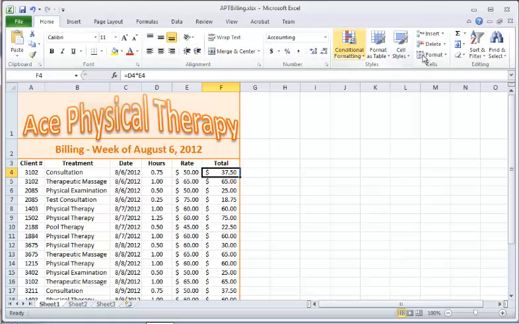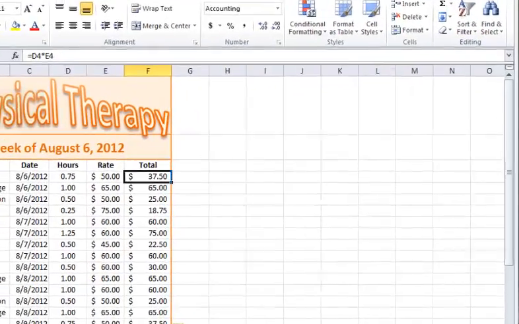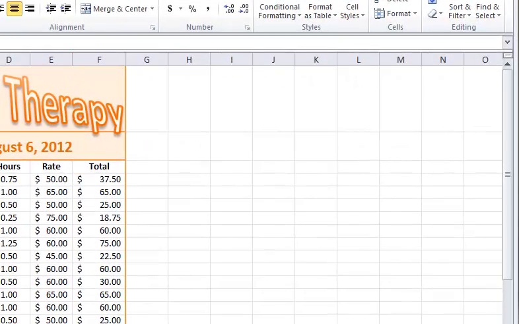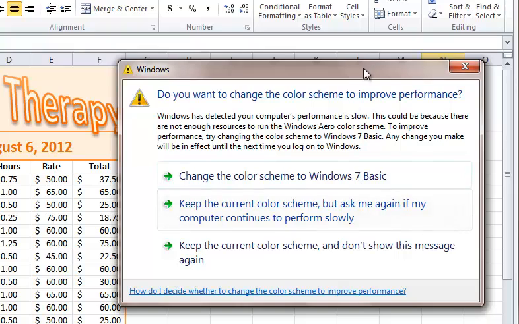So under the Home tab, on the far right side, we have our editing group tools, and then next to our AutoSum, you're familiar with this by now, and find and replace and so on. We have sort and filter. So under that, we have different tools. So let's go back and then click on